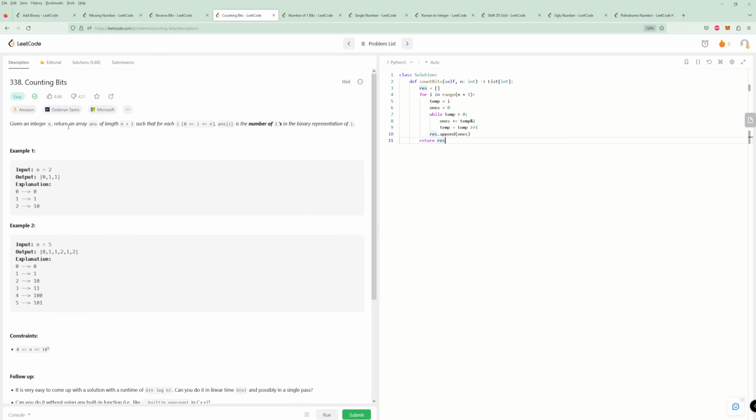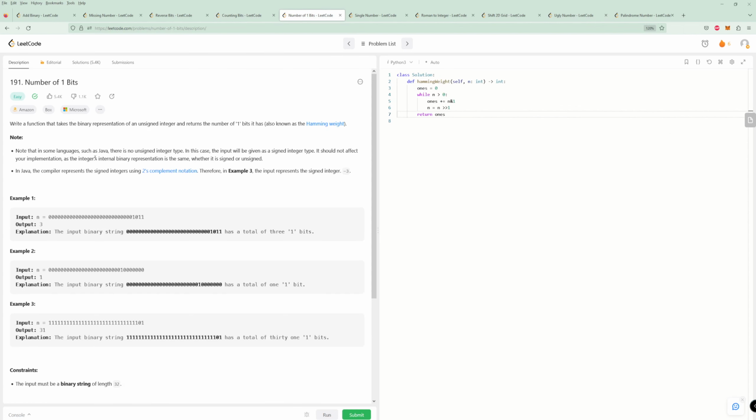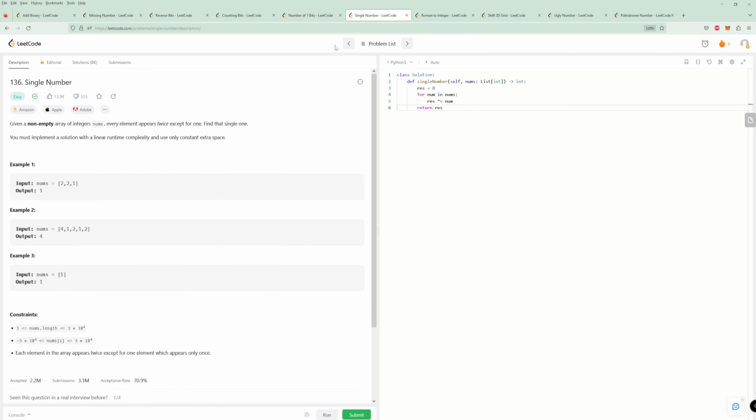Yeah, so this counting bits is literally we loop through every single number, 0, 1, 2, whatever, and we just do that. And then this number of 1 bits is pretty much the same thing, except now you only have one number. We don't even loop through anything, so it's the same thing. Single number. Okay, so